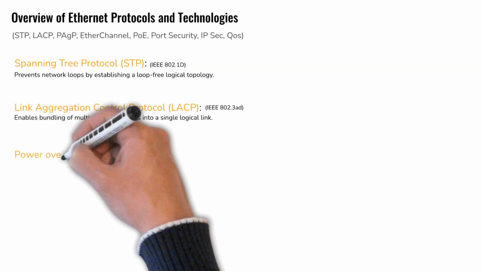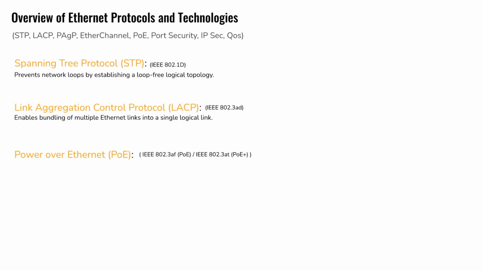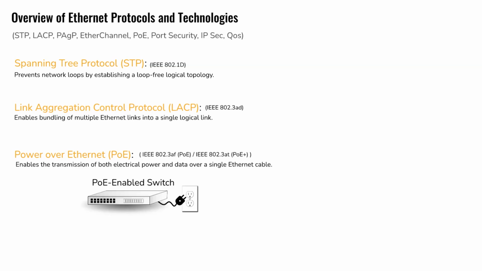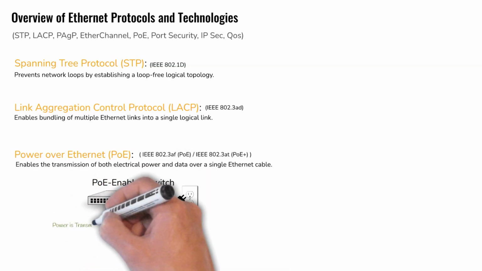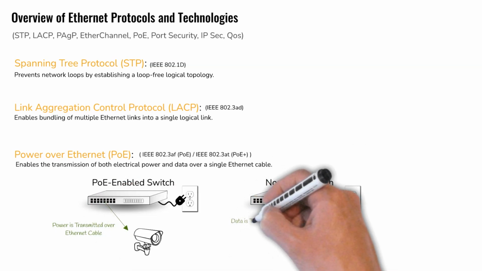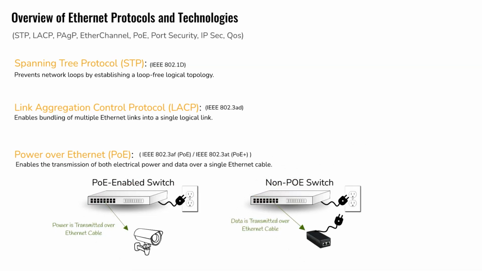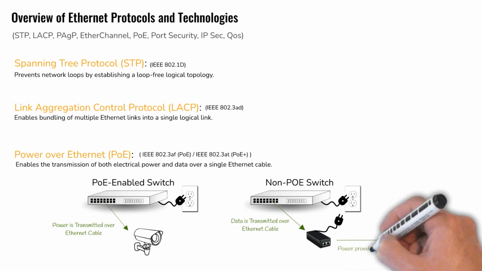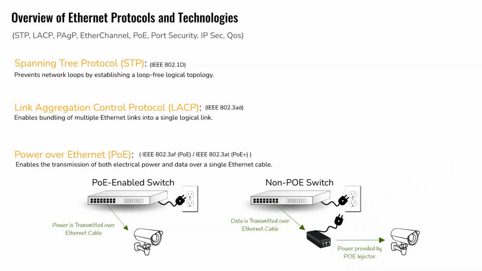The next topic is Power over Ethernet, or PoE. PoE, as defined by IEEE standards, enables the transmission of both electrical power and data over a single Ethernet cable. Power is delivered either directly through PoE-enabled switches or via a PoE injector, an intermediary device that supplies power to the Ethernet cable. This technology powers devices such as IP cameras, wireless access points, and VoIP phones, eliminating the need